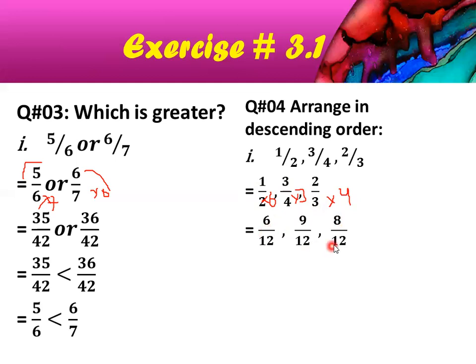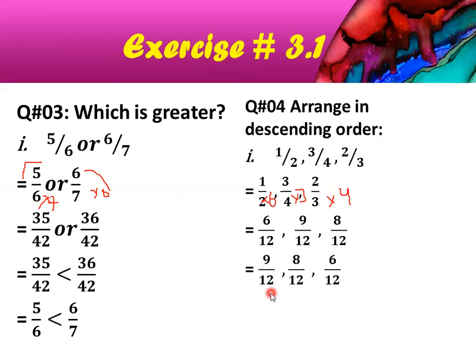Now, as you can see, all your denominators are common. So simply you will arrange them in descending order, meaning you will first write down the greater fraction and at the end the lesser fraction. So which fraction is greater? This 9 upon 12. So you will write 9 upon 12, then 8 upon 12, and then 6 upon 12. Now this is the descending order, but you are not going to stop here, because you have to decide for the original fractions. Okay, you have to write down the descending order of the original ones, not these.